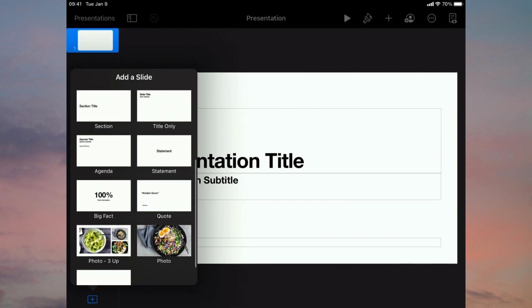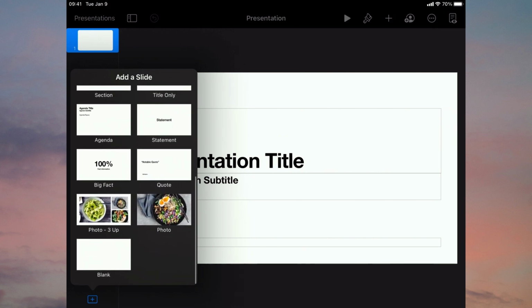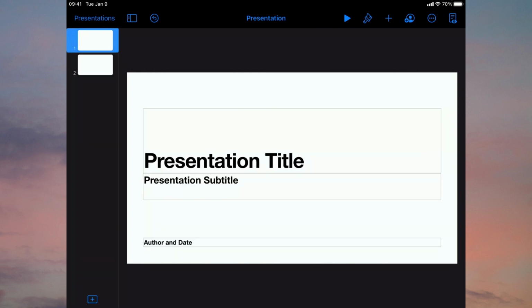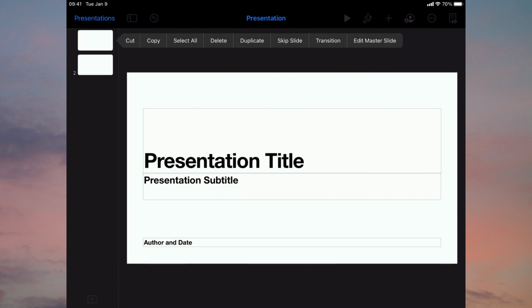There you can then scroll up and go to the blank setting, touch that, and that brings up a blank white slide. If you press on the number 1 and hold it down, you'll see a menu come up where you can delete that first slide. So let's delete the one with the writing on it. That will then leave us with just a slide with a white background.